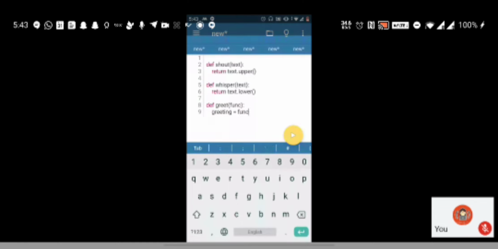Func is a function, and let's assume this func function should be taking a string input. So I have this greet function which takes another function func as a parameter, and I'm going to pass a string inside this func function.